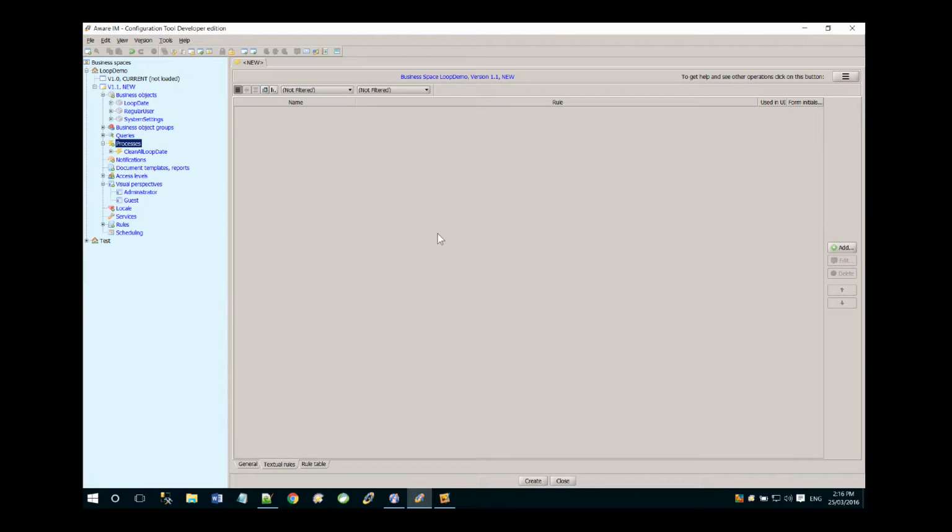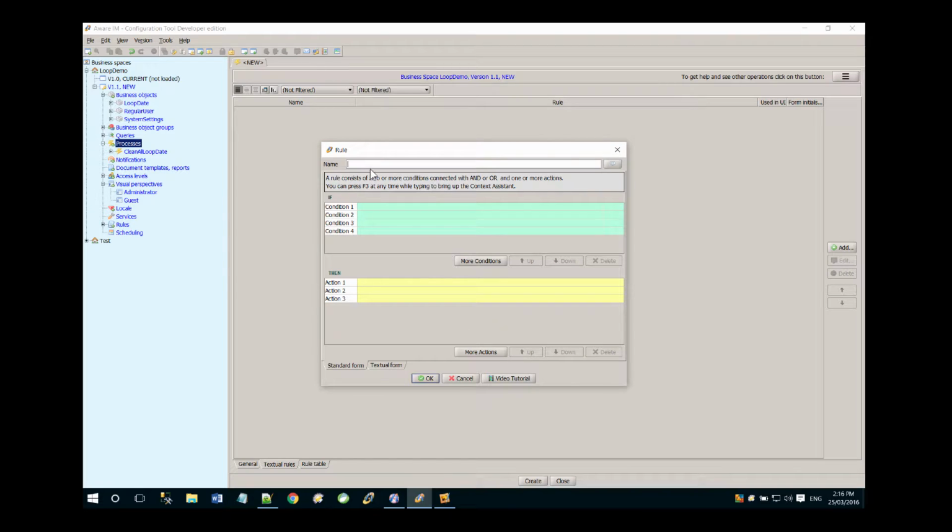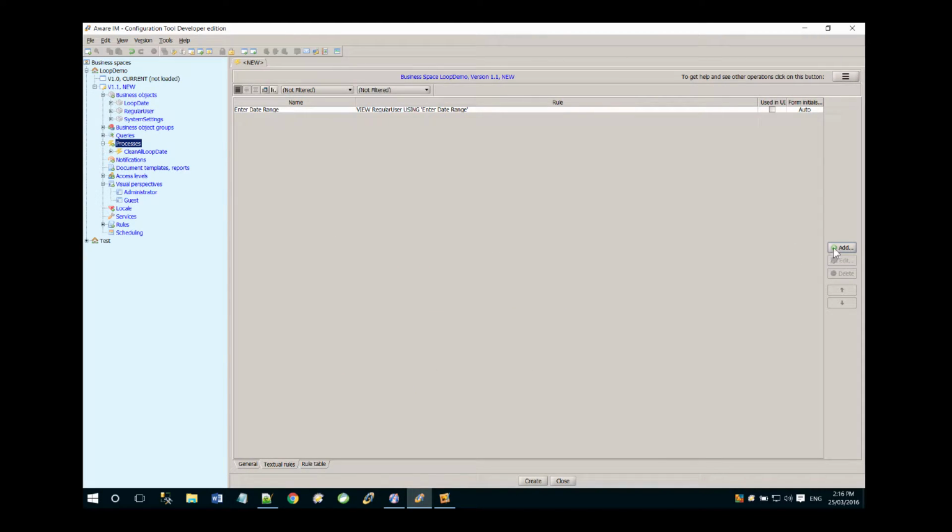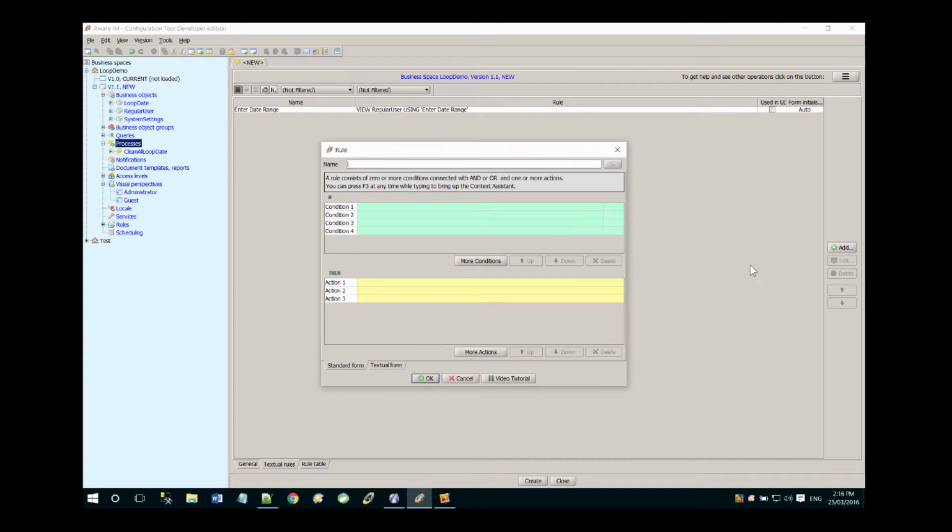Okay. The textual rules, we'll create our first rule, and we'll go enter date range, and we'll just go view loop date, view regular user using date range. Okay. So that lets us enter those dates, and then we'll create a new rule, and this one now is